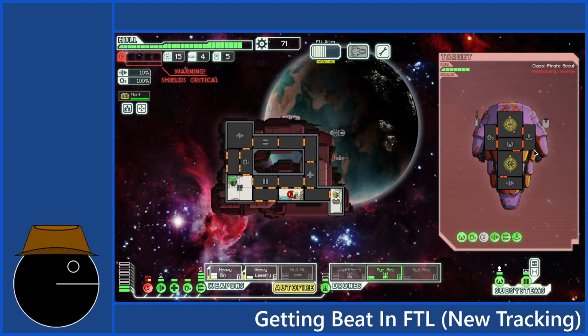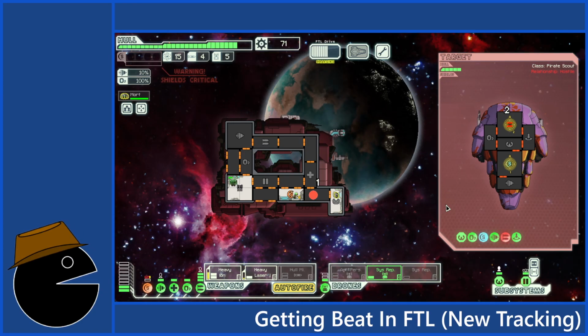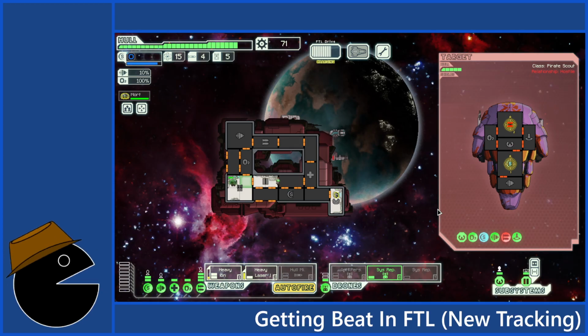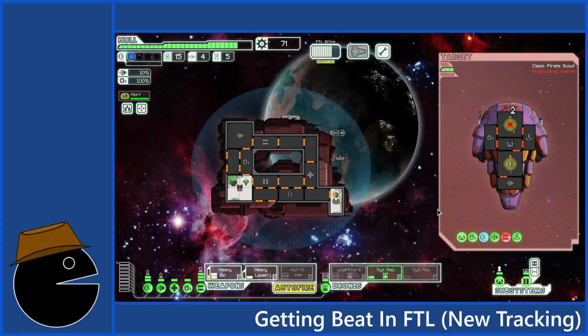Like so. We no longer have weapons, and I'm just going to keep targeting the weapons to ensure that you don't get them back. Because weapons aren't fun.